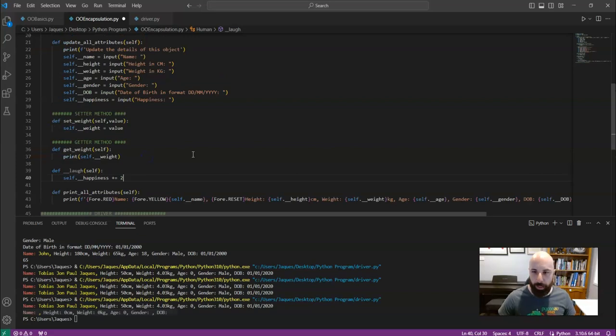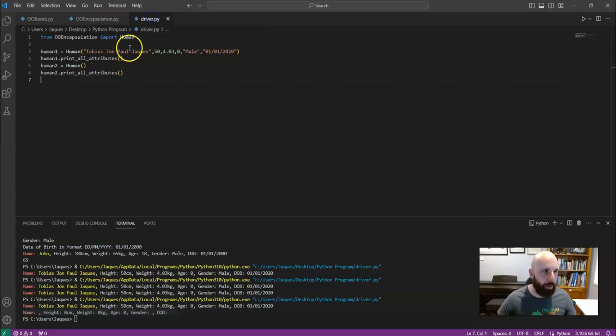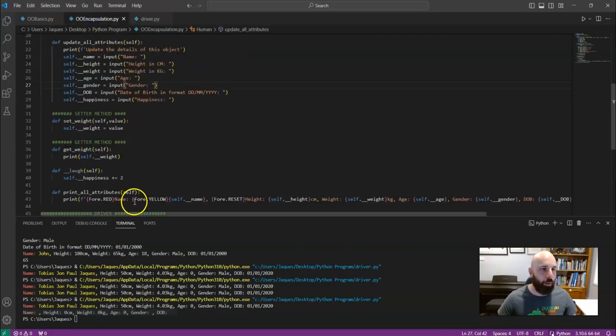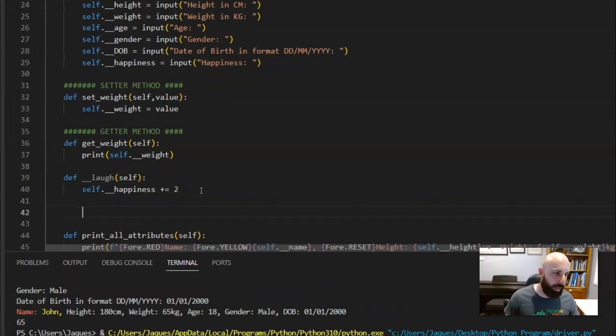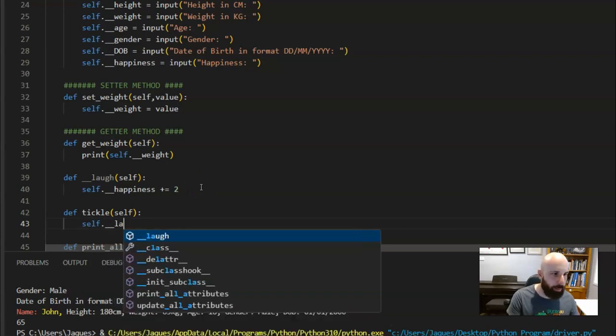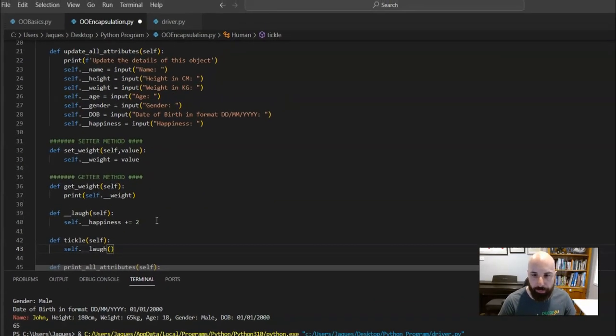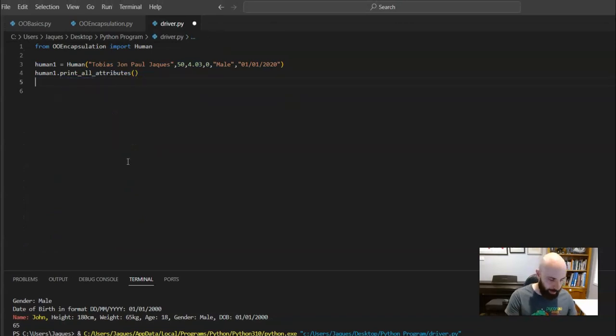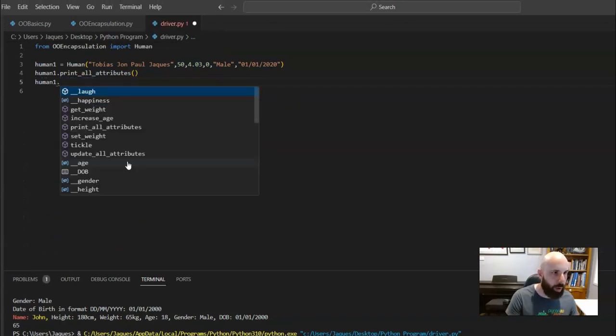At the moment, I technically can't run this outside of my class. All right, I shouldn't be able to. So what we might do instead is create our public method called tickle. And then every time tickle is run, let's run the private method laugh. If I was to now run this and go, well, human1.tickle,